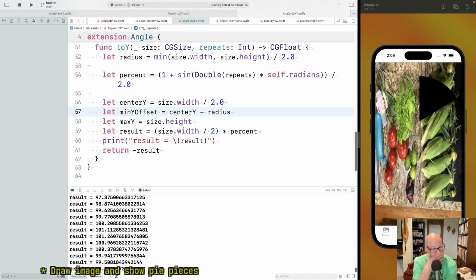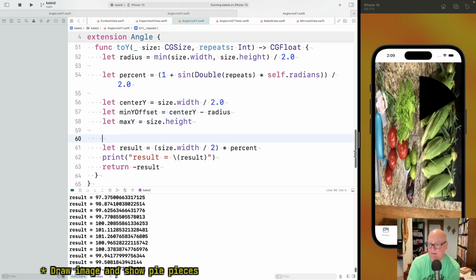Oh my gosh. So max y is size dot height. That's true. Okay. I'm not sure I'm ready to say what the max y offset is. It should be